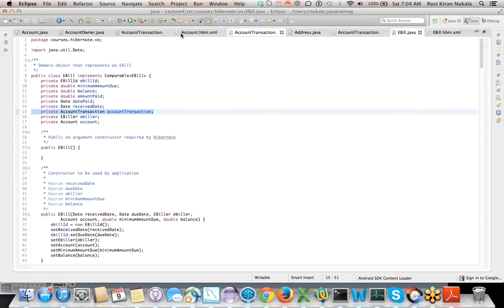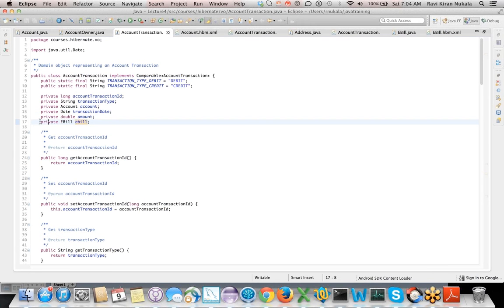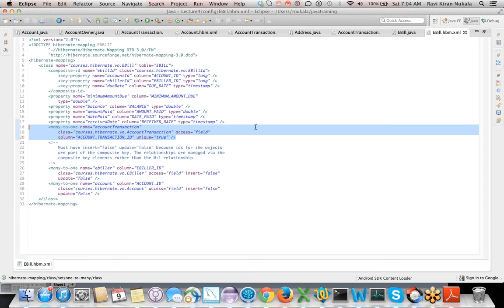And if you go to account transaction.java, you have ebill, right? That means account transaction has ebill, and ebill has account transaction, which we know so far. Then what we are doing here in this ebill.hbm.xml is